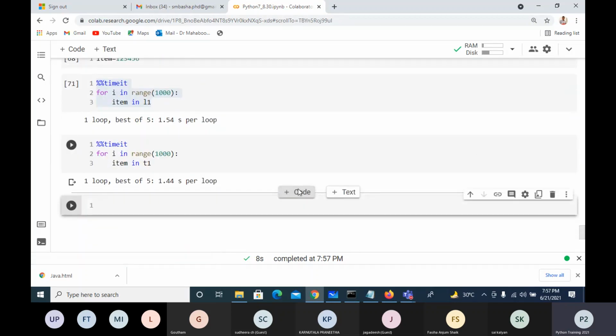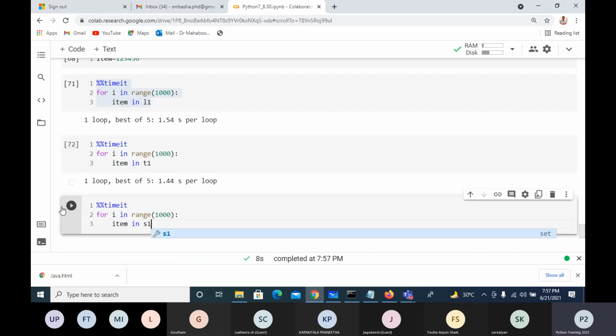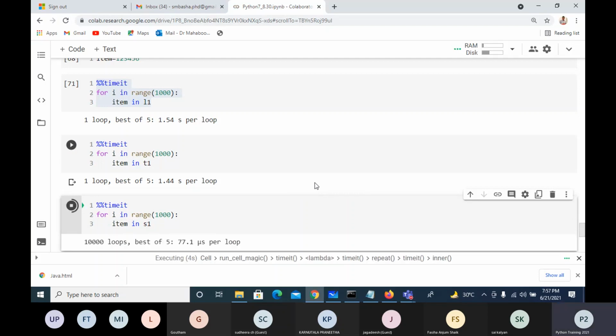I'll repeat this on set. You can observe, very fast. It does searching very quickly. Within no time, it should give. See, 77.1 microseconds. Search is very fast. 1 second is 10 power 6